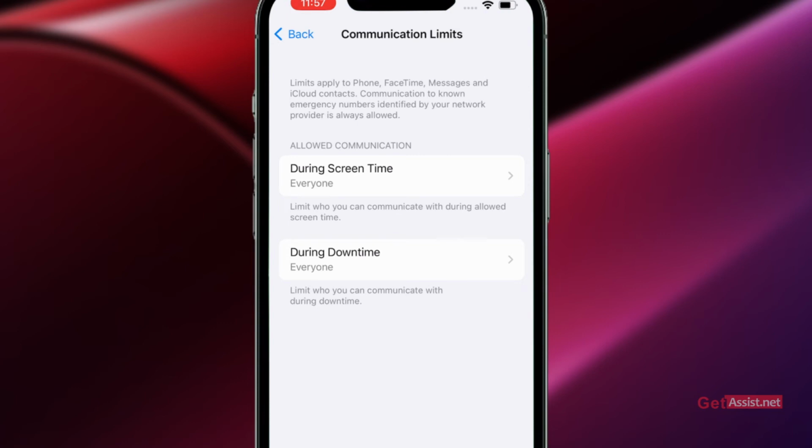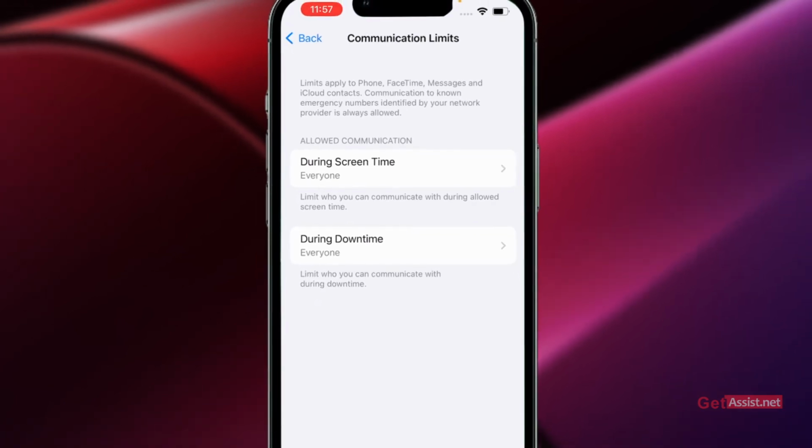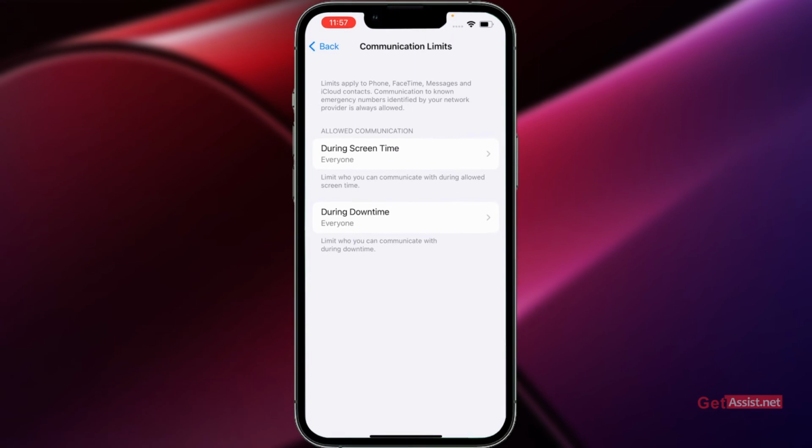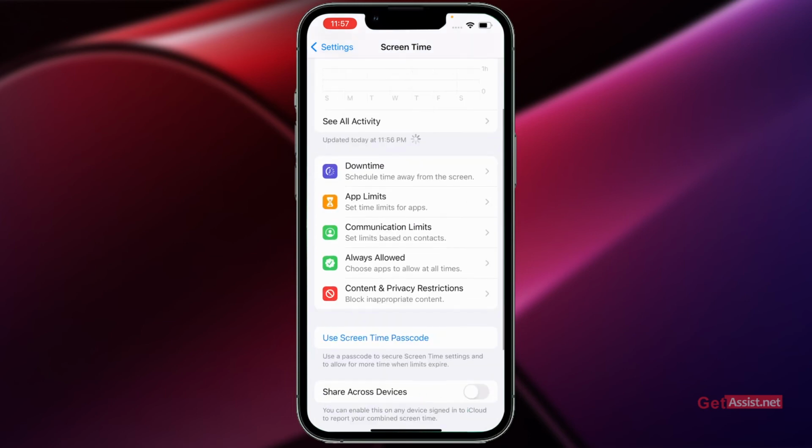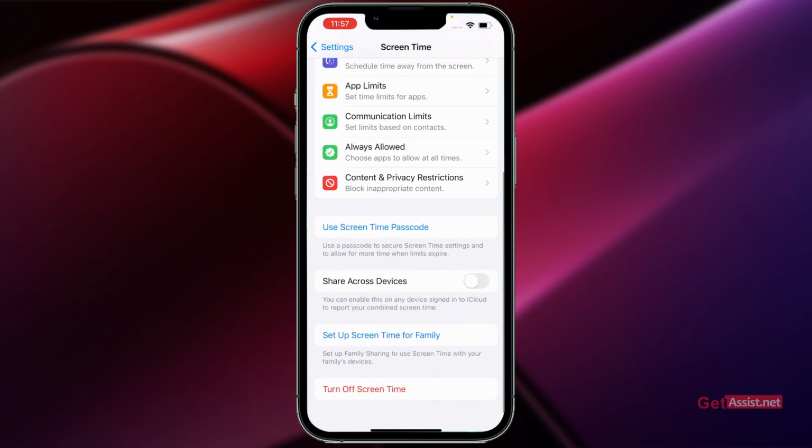Similarly, if you have turned on downtime, you have to make changes for that as well. Limit who you can communicate with during downtime. So if you are staying away from your phone, you can select with whom you want to keep in touch during downtime. All right, so these are all the features, and at the bottom you will see use screen